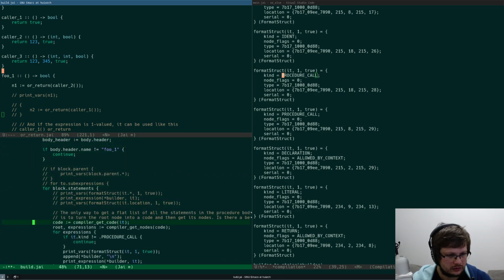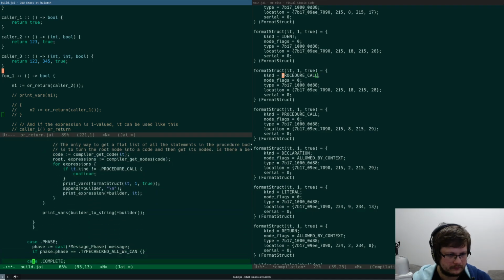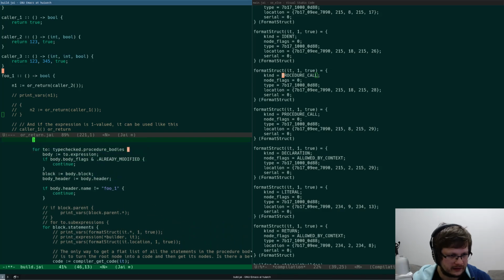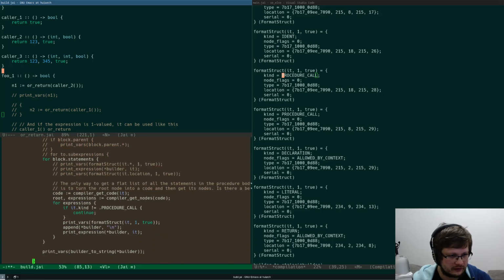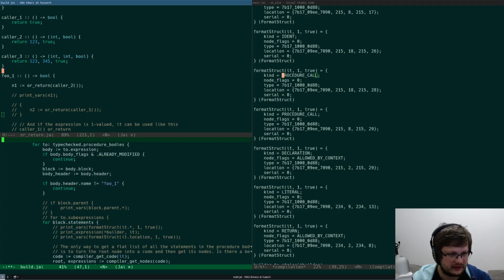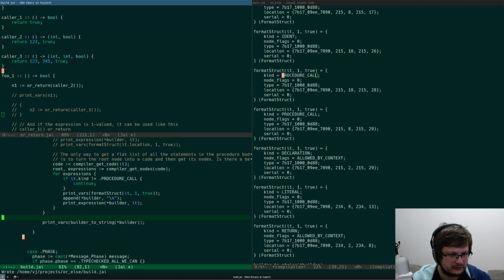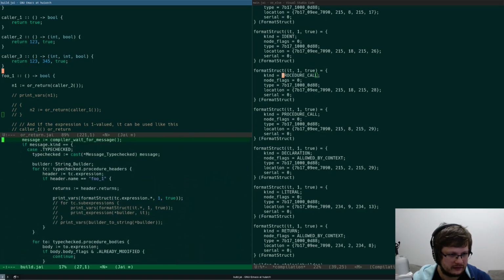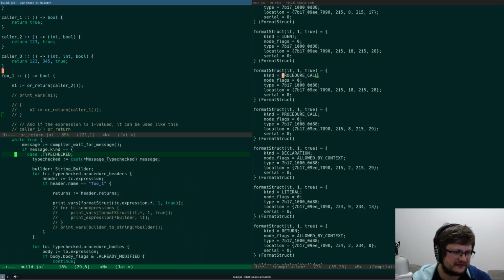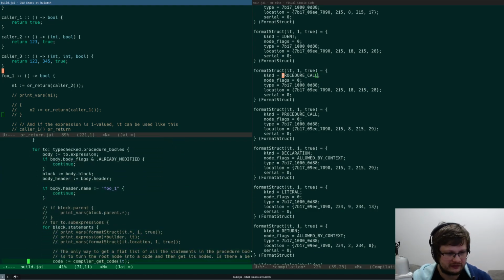Let me select this for loop and correctly indent it. What the heck? Ah, it's because they're too long. Yeah, whatever.